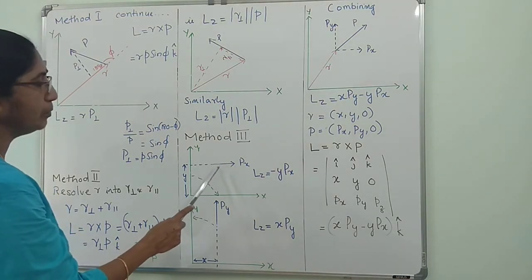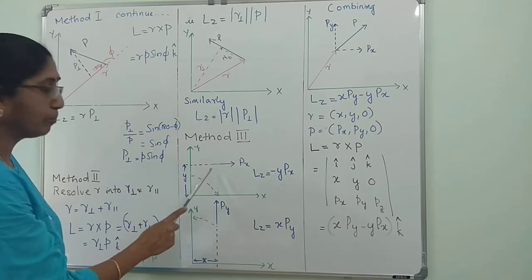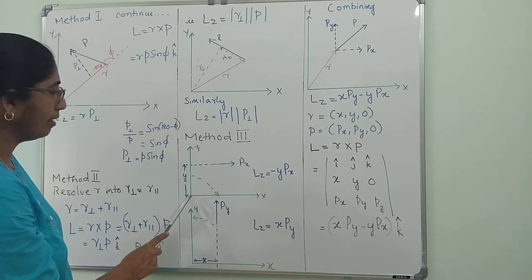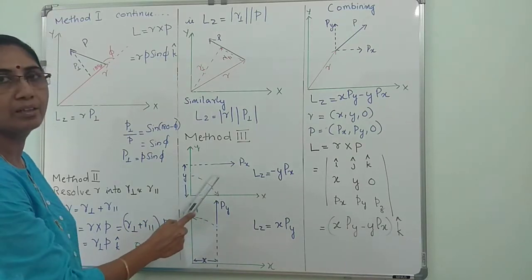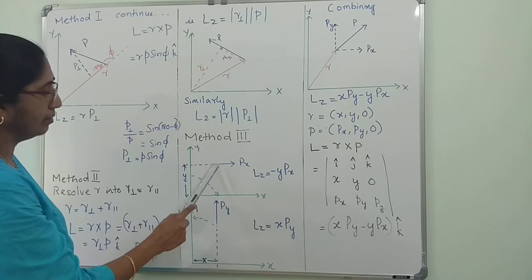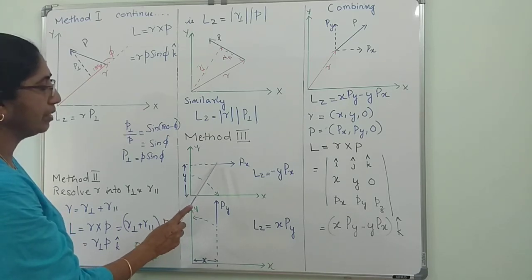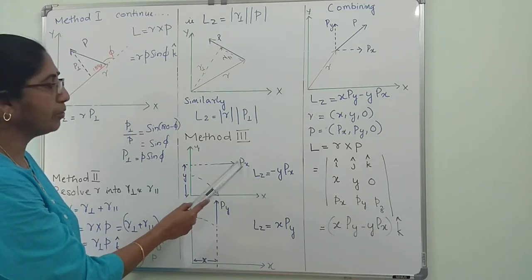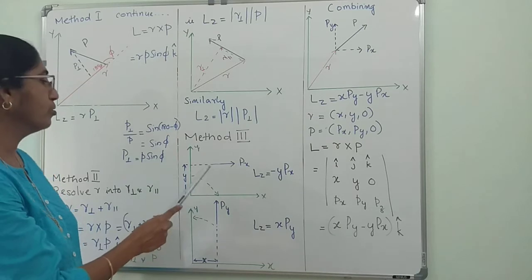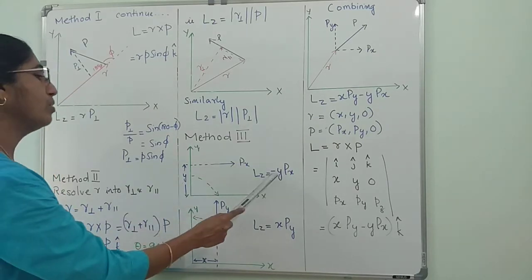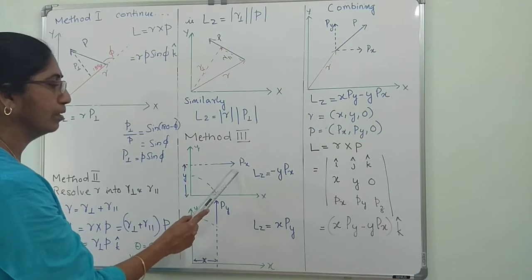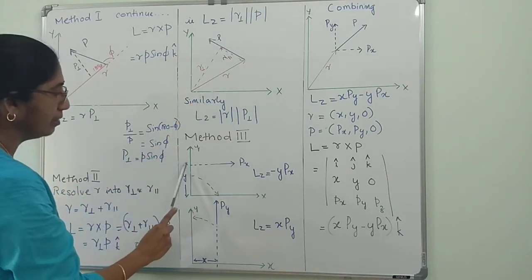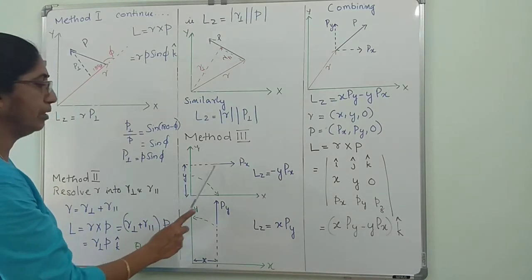The component of position vector perpendicular to the P component, that will be y, because x is along the same direction. If you look at the coordinate of the point here, it has got x and y coordinate. X coordinate is parallel to px, so that component will be 0 when you take the cross product. So you have to take the y component. So y into px will be the angular momentum. Instead of modulus of r, you will be having here y, because the y component is coming.